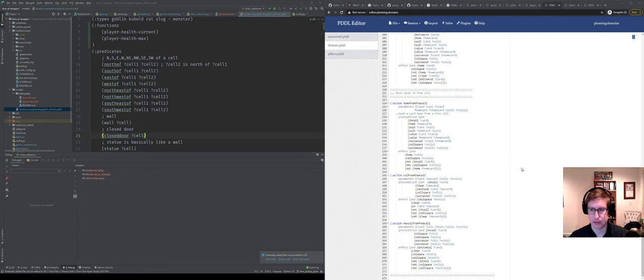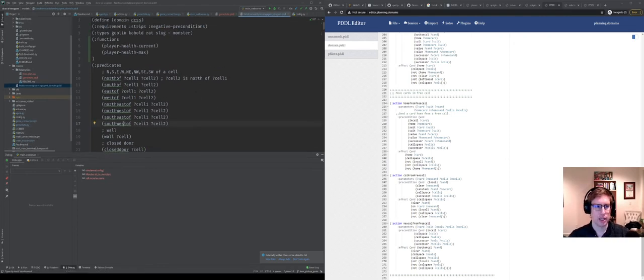Let me just make a new scratch file. New scratch file, so we'll just make this a text file,